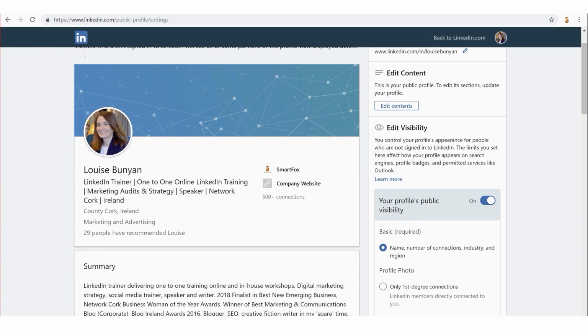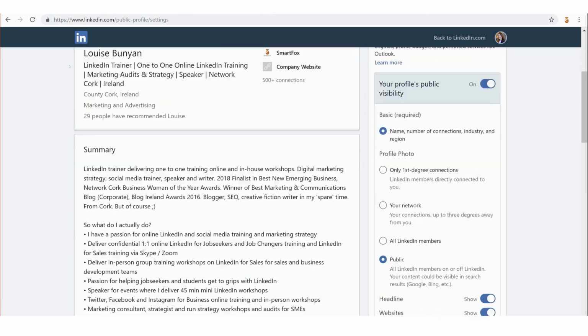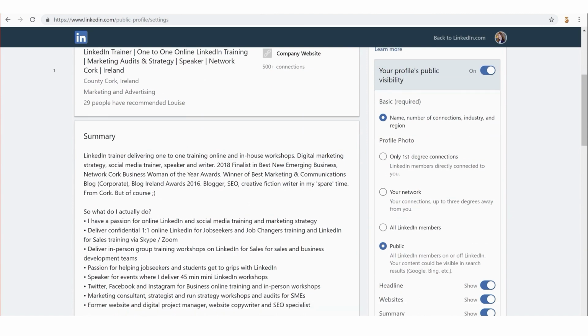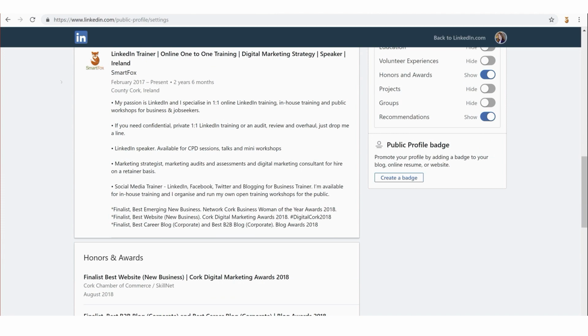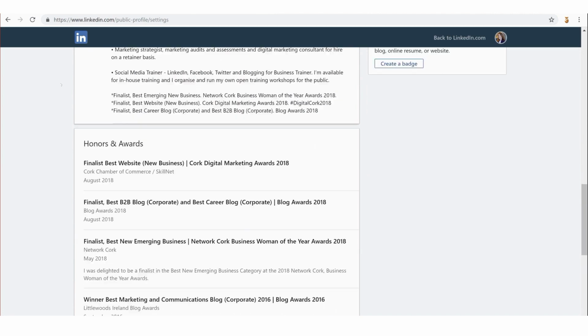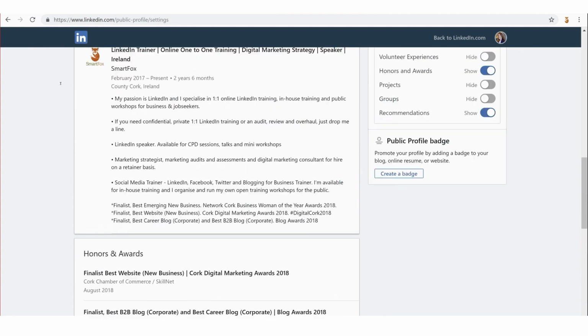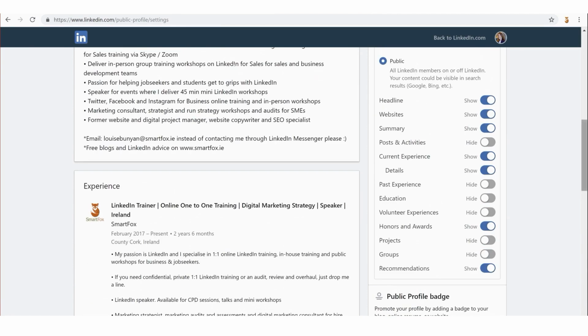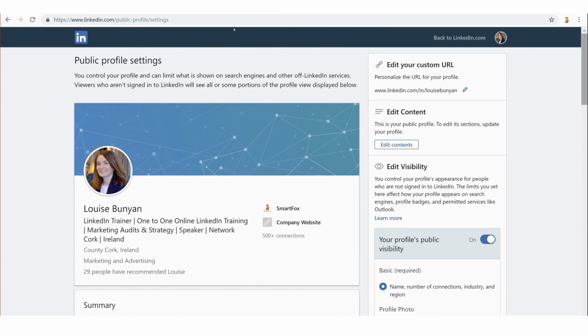Depending on my settings, I'm okay with showing people my photograph, you can see my headline, and you can see my personal summary underneath, and you get a bit of my work history. So you get my current role, and then you get some honours and awards, and then down at the end you get my recommendations. However, I can turn off or I can turn on even more sections, and I'll show you how to do that shortly.